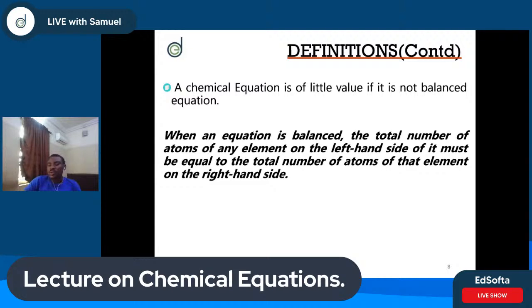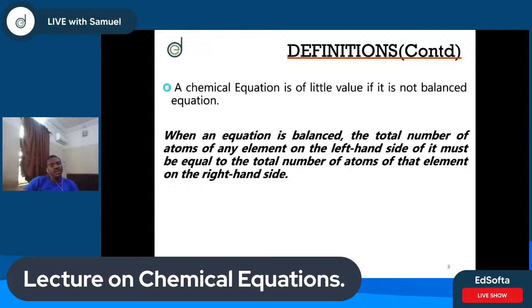And so for us to actually have accurate ratios, we need to balance the equation. When an equation is balanced, the total number of atoms of any element on the left-hand side of it must be equal to the total number of atoms of that element on the right-hand side. So this is just a form of way to explain